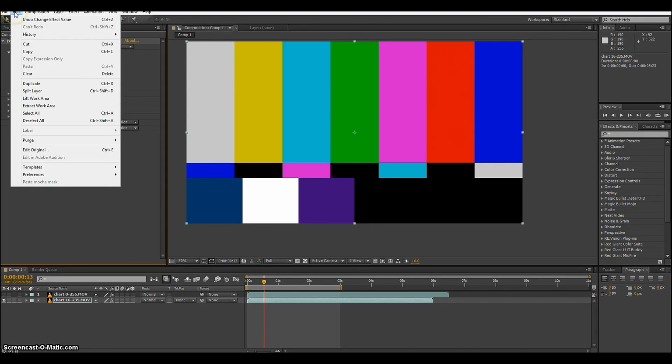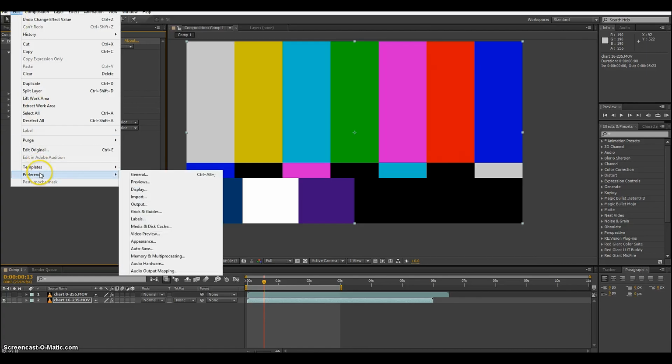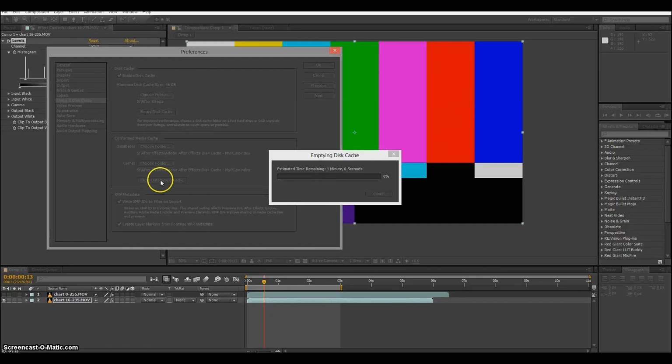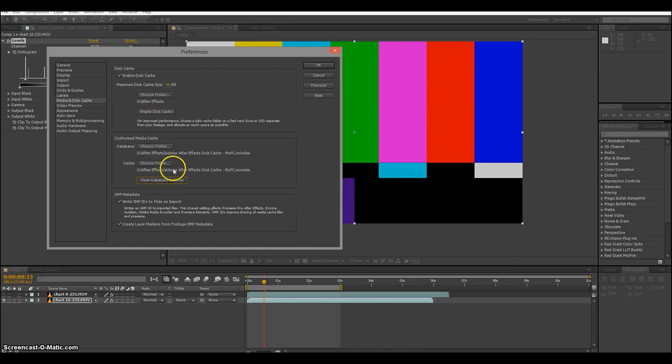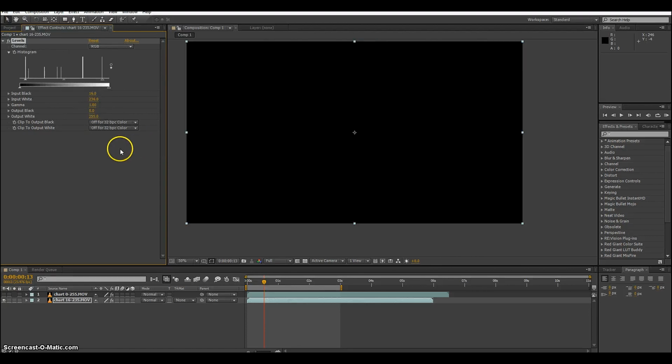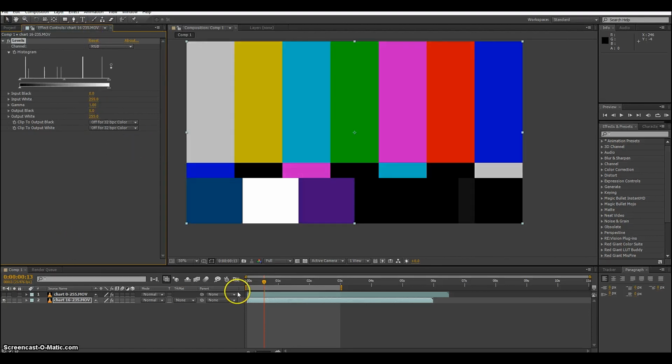If we go to Edit, Preferences, and let's just, sometimes you have to do this, let's go Edit and Purge All. Let's just reset that. We can see that we're at 235, we are at 16. So if we do that same thing and we go 16 and we go 235 to make this look like we want,